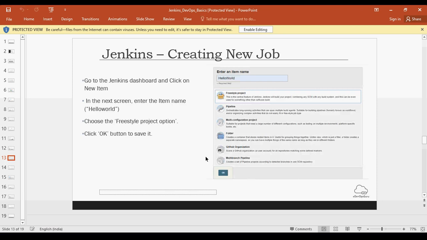Most commonly there is a freestyle project, and then there is a pipeline. Pipeline is basically using scripts to create complex workflows. But here you need to know the scripting language, which is Groovy in this case.